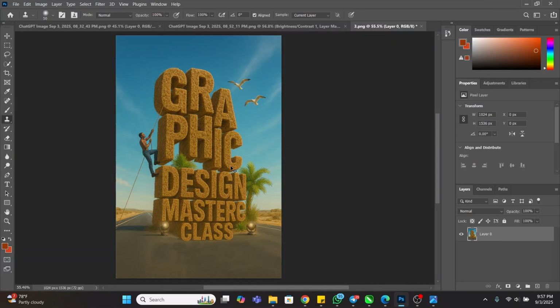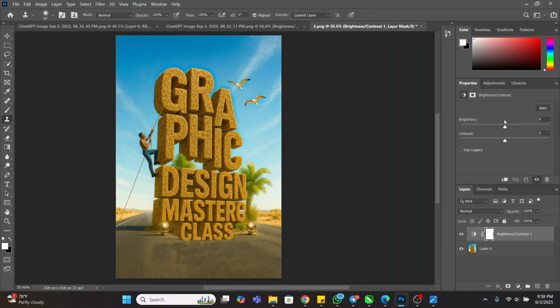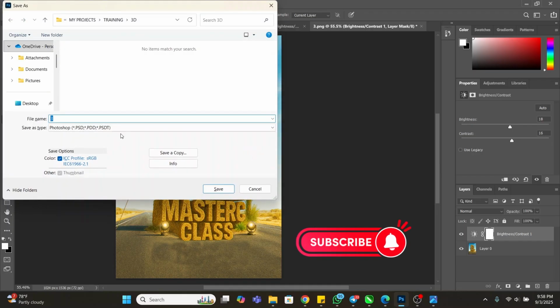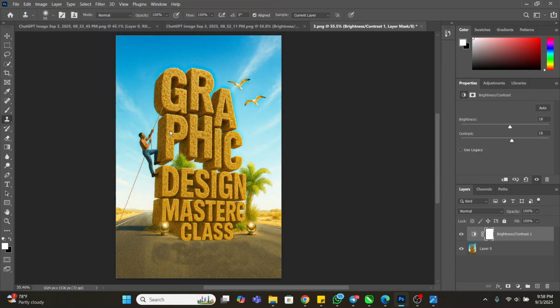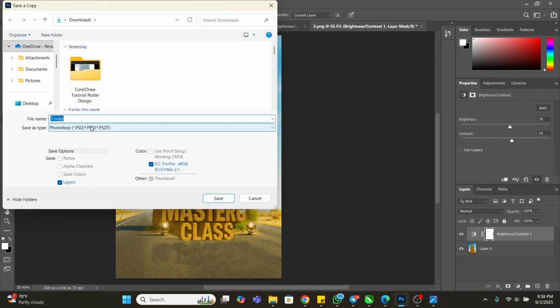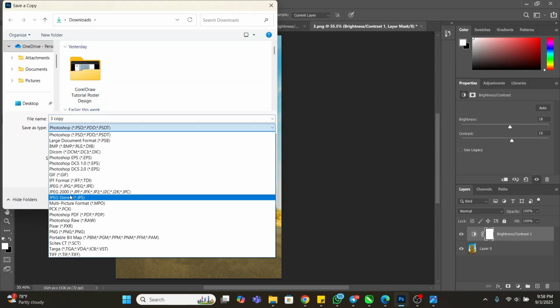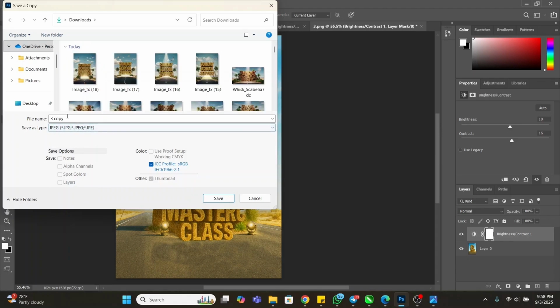From here to here, from here to here, you see. Then you can apply a little brightness adjustment, right? Brightness and contrast, just a little to it. And then you can save it. Control Shift S on your keyboard, because I use CorelDraw, right? So I'm saving it now, and then I'll take it to CorelDraw, save it as JPEG, and then I'm taking it to